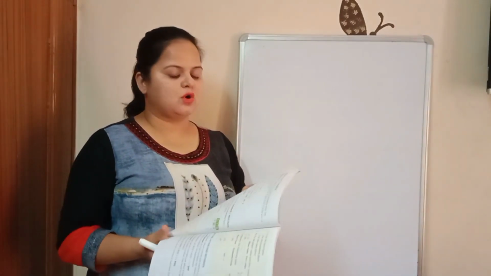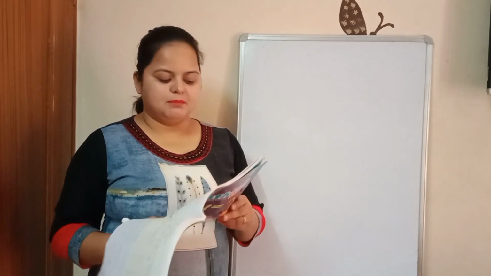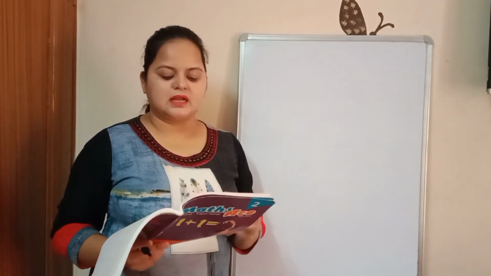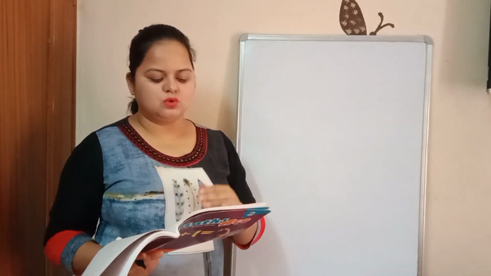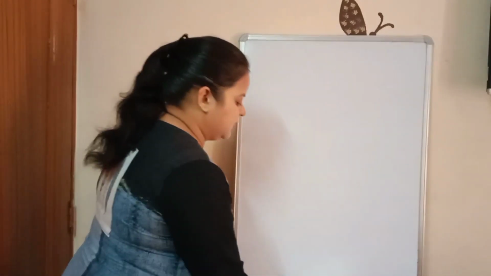The next is short form of numbers. The numbers 512, 743 and 209 are in the standard or short form. To write the standard form of a number from expanded form, write the face value of each digit in its correct place. See,